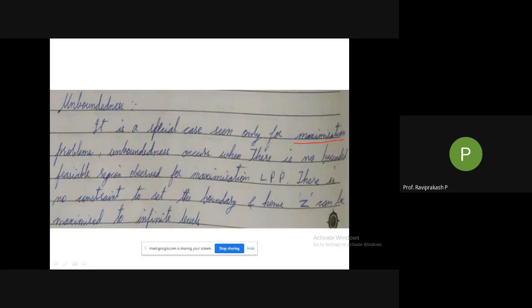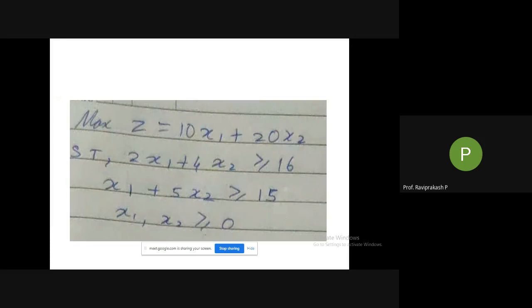So wherever we are having an unbounded problem, you can see all the constraints are greater than or equal to. There will not be less than or equal to. If there was one less than or equal to, that could have bounded the other side. One side we are having x-axis and y-axis bounding. On the other side, we don't have anything. So that is what we are telling. Everything will be greater than or equal to. So you can check here. So take down the problem.